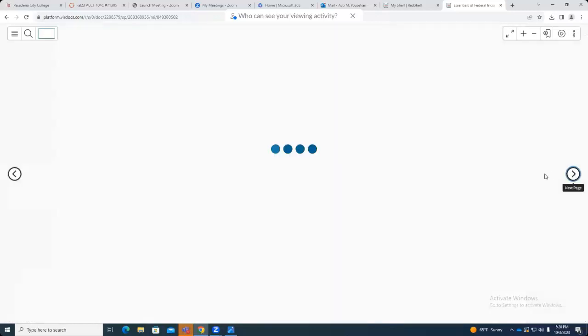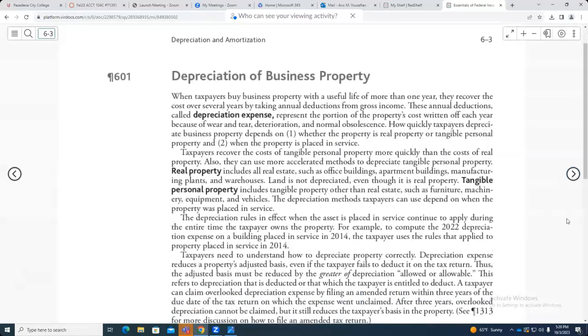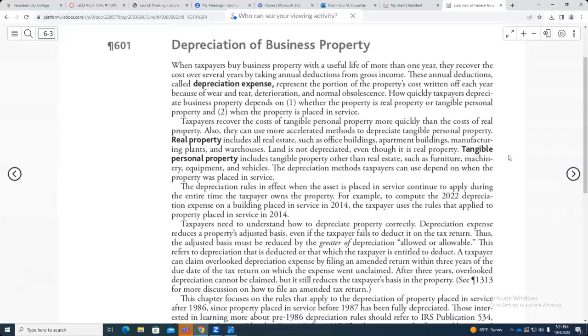Okay, so let's see what options we have for depreciation. That's what I just explained, what depreciation expense is: depreciation of those capitalized assets. We have real property, which is about real estate. And we have one thing that never depreciates. What is that? Land. Land never depreciates. Land is always brand new. So